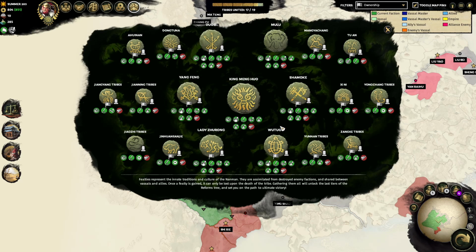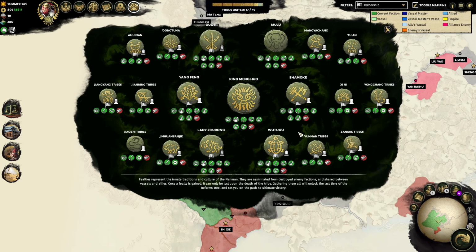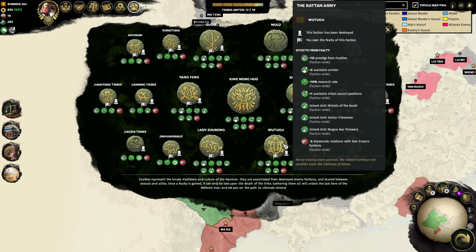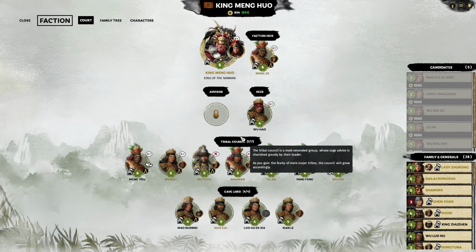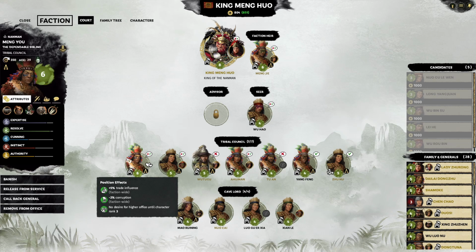Yangfeng, Wutugu, and Duosi. These three are not playable, but they're considered a major tribe, and each of them will unlock an additional tribal council position for you. So that's why we have a bunch here. And what they do here is actually quite interesting. This is your key tool to keeping high level characters happy, because satisfaction is actually very hard to manage on higher